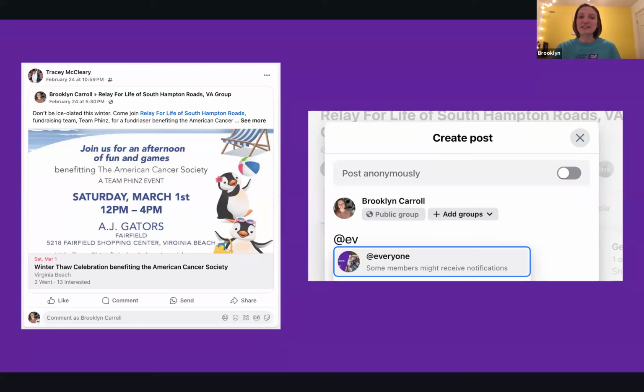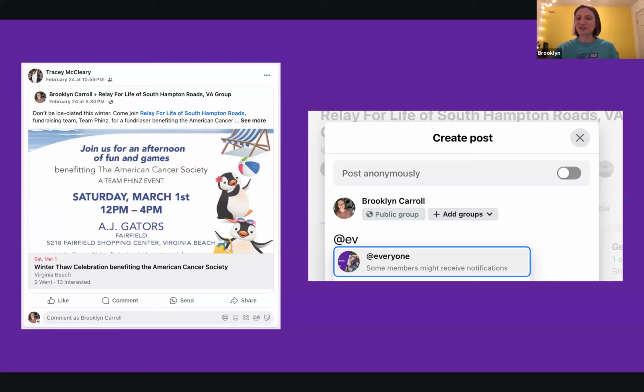A little tip I learned recently, which is shown on the right: when you're creating a post, you can type the at sign and "everyone," so tag everyone, and then you have to actually click on it for it to activate. When you do this, it will send a notification to people in your group, which is something that can only happen in groups. I think that's great because some of your posts could get overlooked. Not everyone is going to see your post. That's just kind of how Facebook works. But when you tag everyone, it sends a notification to every person in your group. They will get a notification on their phone, so they're more likely to see your post, which I think is awesome.